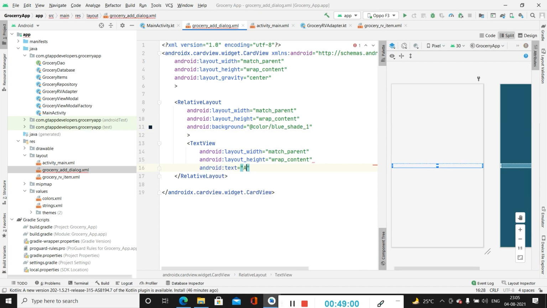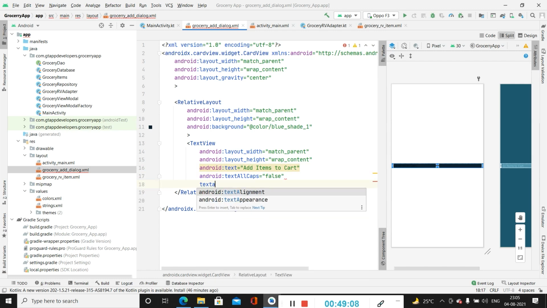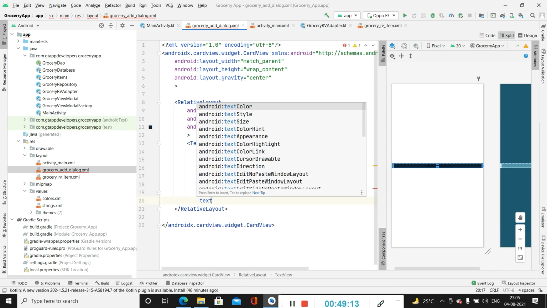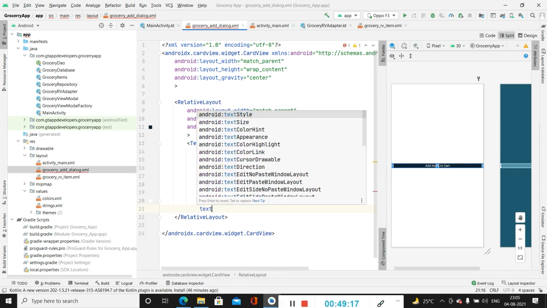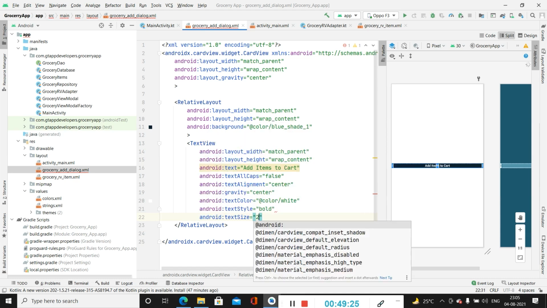Text will be add items to cart. We will be setting text all caps as false, text alignment as center, gravity as center, text color as white, text style as bold, text size as 20 sp.